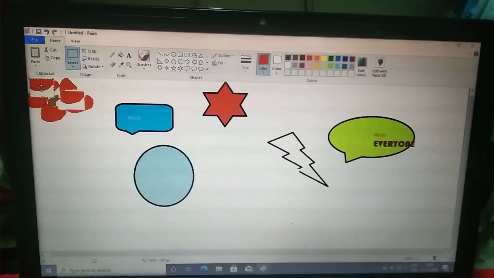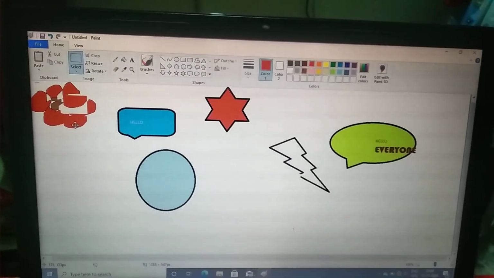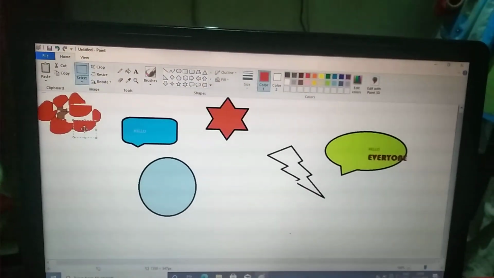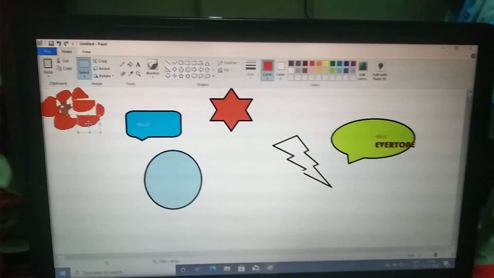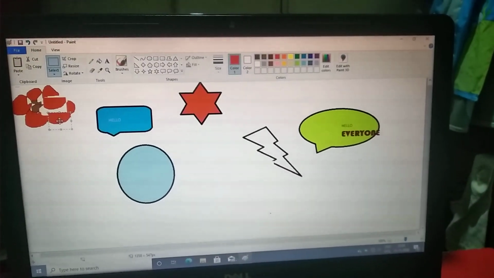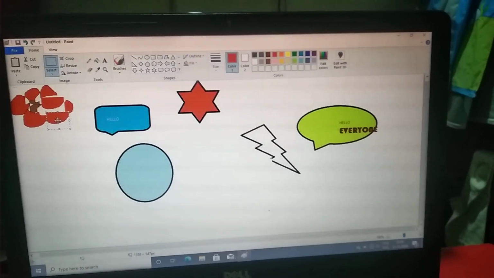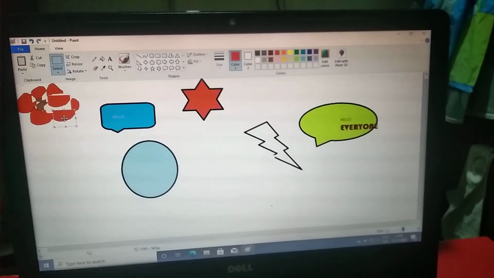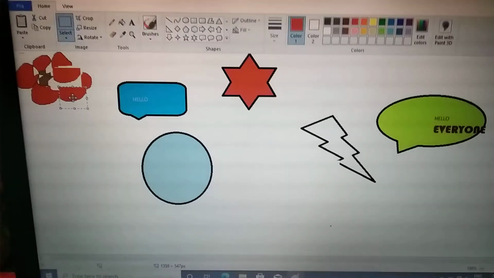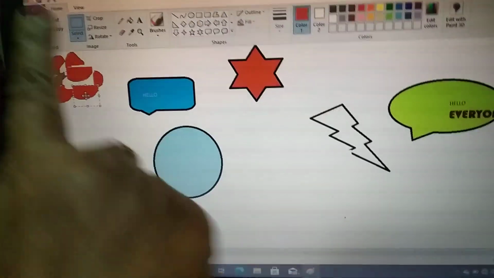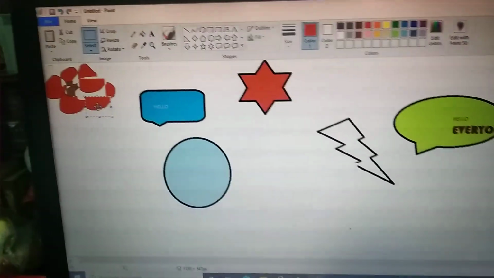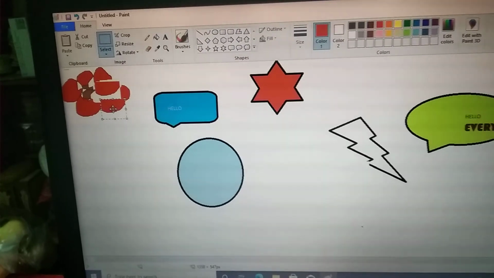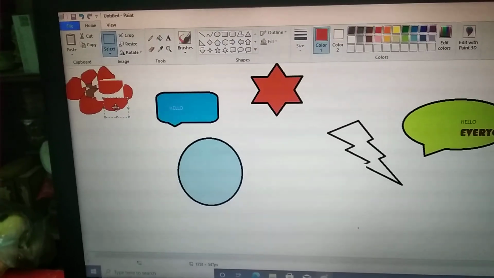In this way you can make as many petals of this flower as you can. Meaning, once you have made one petal and you want the exact same one, you select it once, copy it and then paste, and again and again it will be made and you will not have to draw again. Okay, so now children, you are now aware of these cut, copy and paste buttons also. With the help of the selection tool, you can cut, copy and paste different pictures on the screen.